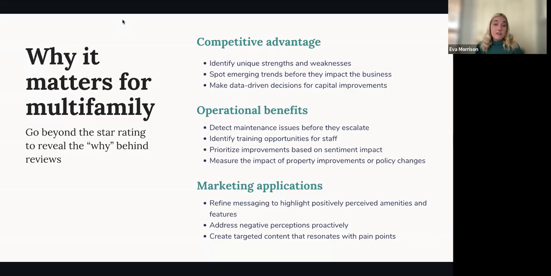Again, this helps us get out ahead of any negative perceptions. Now our marketing can actually address some of the negative things that we know renters are maybe saying about the property, or things that they're perceiving less positively. We can respond to that super early on, before someone ever ends up on a tour, or maybe even reaches out to us, to help get them over that hurdle very early on.